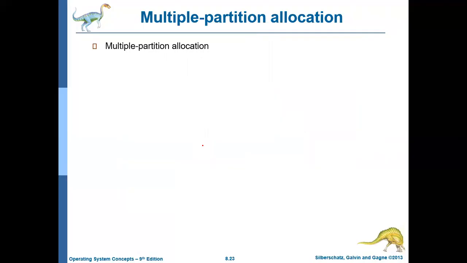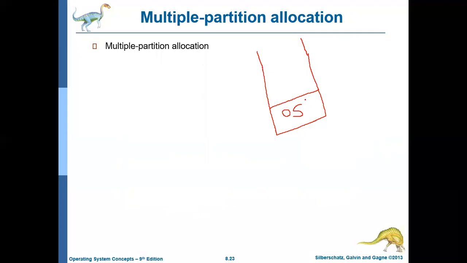Fine. So next we will be discussing an important concept which is called multiple partition allocation. So far what we have understood is that the operating system will always occupy the lower part of the memory, or lower addresses. The rest of the part will be left for the processes. And also we have discussed that the operating system size may grow and shrink depending on the transient programs, and that will be adjusted by immediately updating the respective value of the base register or relocation register.